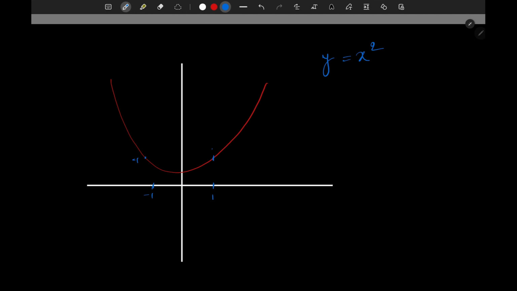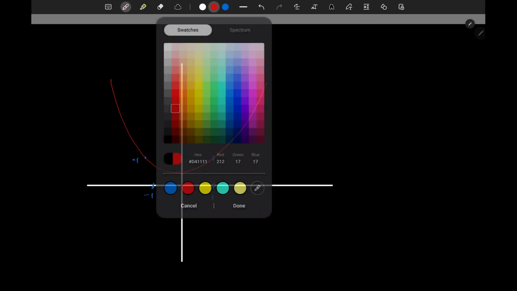We want to know whether this is a function or not. Well, analytically, using some test values, you can say, oh, this is a function. But let's say I don't give you the equation, rather I give you a graph and I ask you whether this is a function or not. What do you do? Remember that in the definition of the function, we said one input cannot have multiple outputs. Using that in mind, what we can do is that we can,